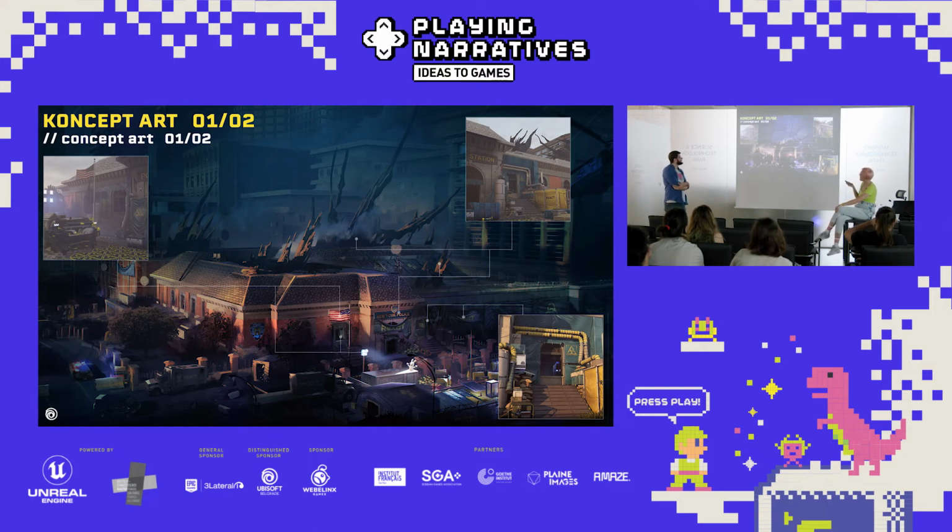So here we have the police station where the infestation began, and you can see the design, and you can also see in the small pictures how the level art turned out in the end. So the artists followed the basic guidelines to make the station recognizable, but we also have the liberty of placing all the other props and assets like the tents and cars, pickup trucks, crates and stuff all around the building.